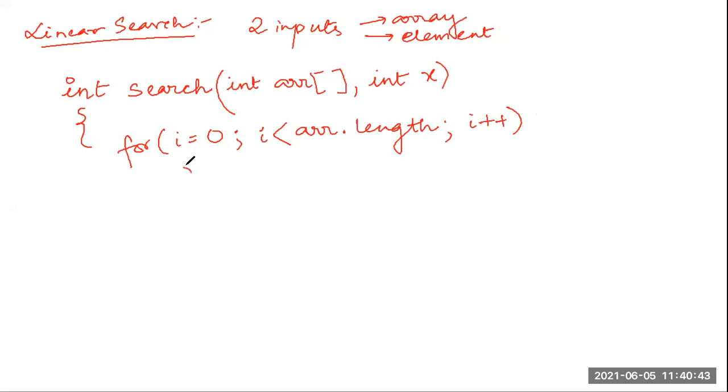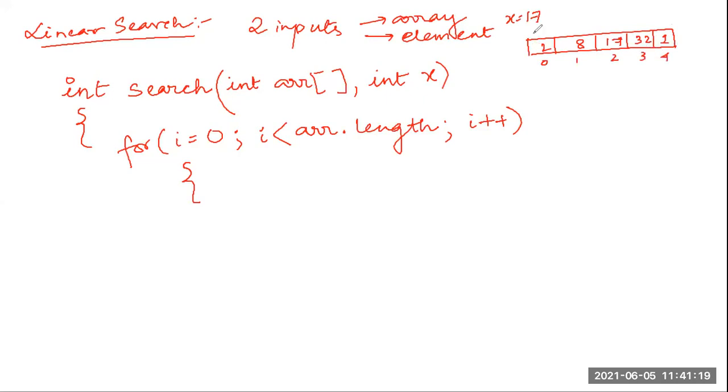Now inside this, when I am traversing, what I am doing is, I have been supplied with an element x and I am checking. Suppose I have this my array, I am going to search for the element 17. So the value of x is 17. Suppose these are the places. Suppose here it is 2, here it is 8, here it is 17, here it is 32, here it is 1. Suppose. And my array indexes are 0, 1, 2, 3, 4.